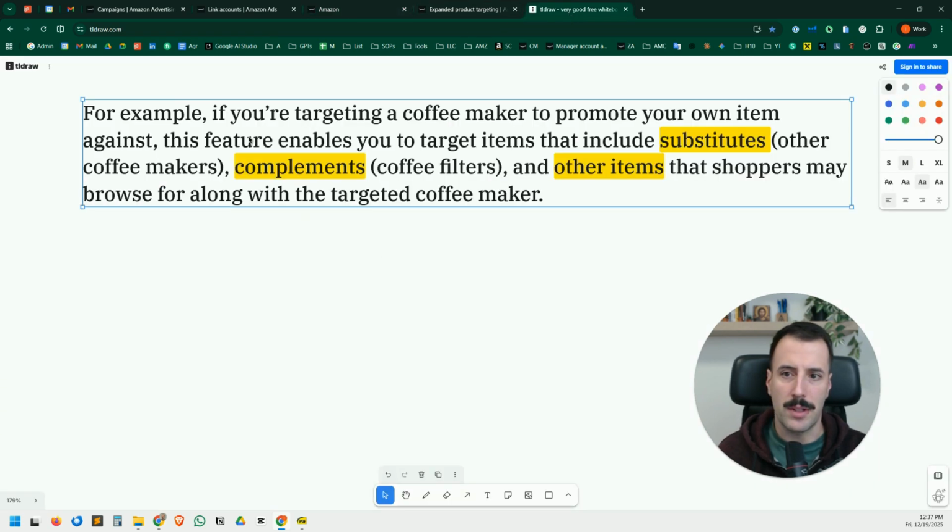So see how Amazon is defining this expanded. They say, for example, if you're targeting a coffee maker to promote your own item against, this feature, expanded targeting, enables you to target items that include substitutes, complements, and other items. So that's almost like an auto campaign. So you're deciding to have a product targeting campaign, and you end up having an auto campaign,